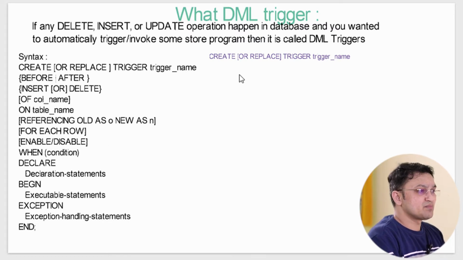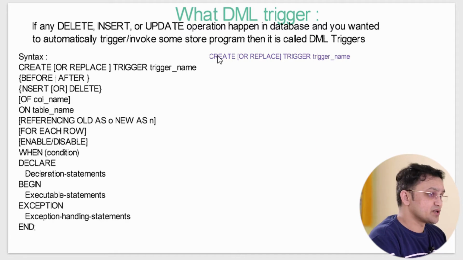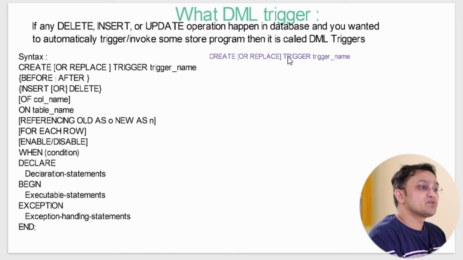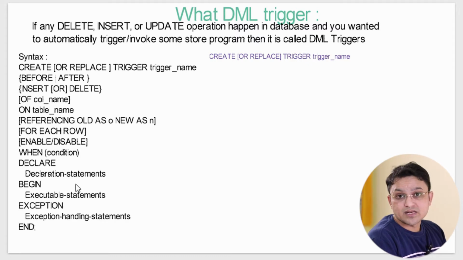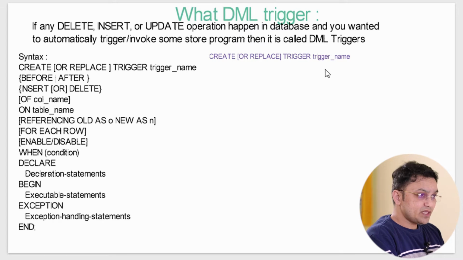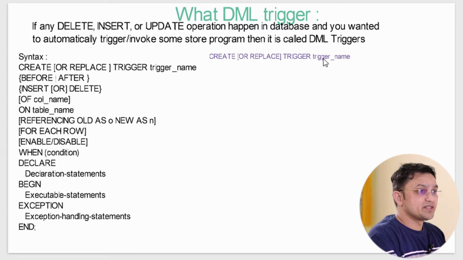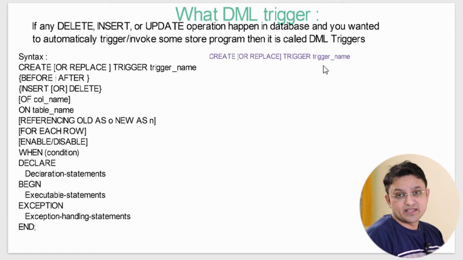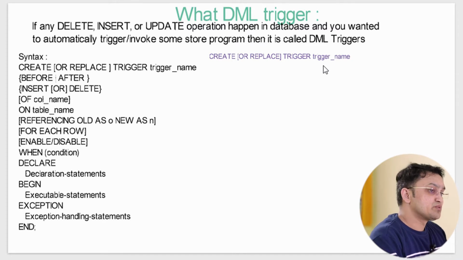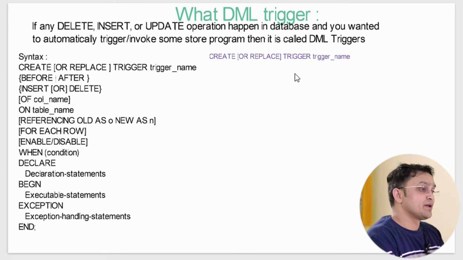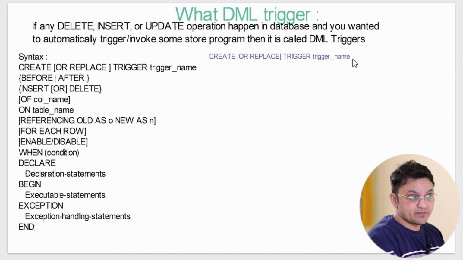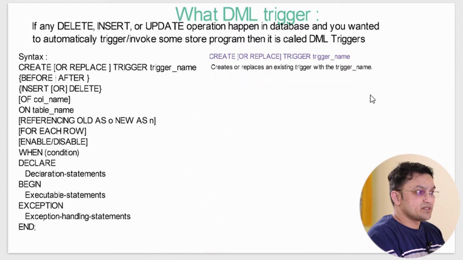Okay, so that is the same as in procedures and functions. After that I will mention TRIGGER. It tells that whatever program I am writing is nothing but a trigger. After that I need to mention the trigger name. The trigger name can be anything, XYZ, ABCD, whatever you want to mention, you can mention over here. So over here this is a keyword, this is a keyword, this is a keyword, and this is a keyword, and this is user defined. So this is nothing but your first line. So let me write over here the same thing.